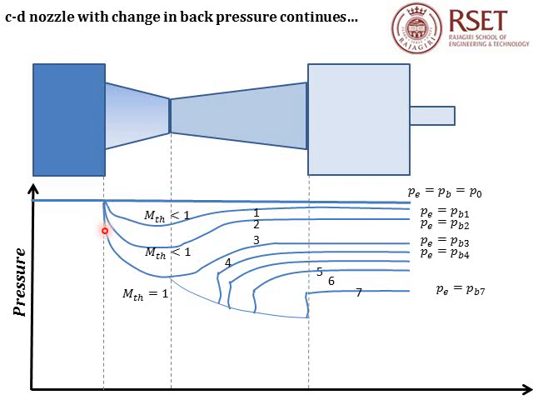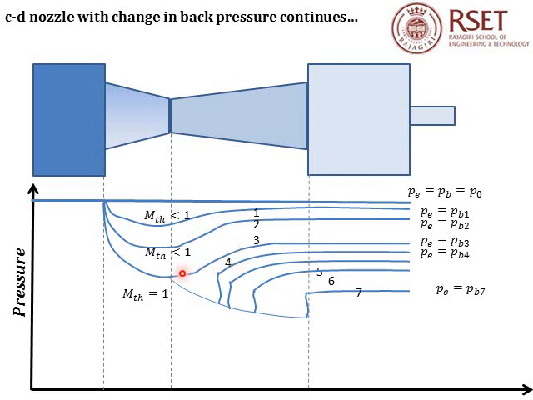The flow proceeds through the same points as in the previous case and comes to the point where Mach number becomes equal to 1 at the throat. From here, there is a deviation in flow. This is because there is a reduction in back pressure from the previous case. In the earlier case, the adverse pressure gradient magnitude was responsible for the flow to decelerate and create a diffusion action.